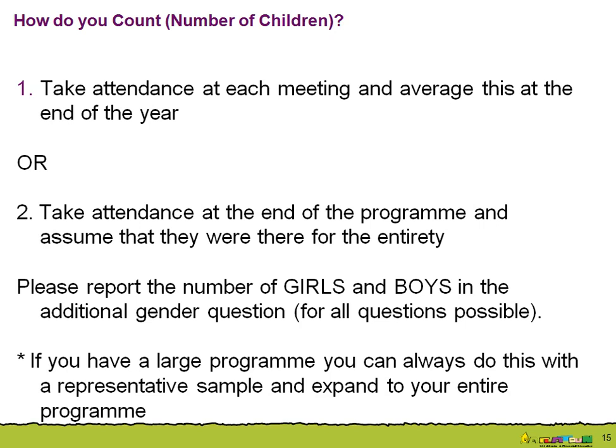There will be a different question for each of your programs. That means a different question for Aflatoon formal education, a different question for Aflatoon non-formal education, a different question for Aflateen, and in the future a different question for Aflatot. So for each program, each curriculum, you'll have one report of how many children, and at the end, we at the Secretariat will do an aggregate of all those programs you are implementing, and also show your total number. So you do not need to aggregate across curriculum, just report each curriculum individually.